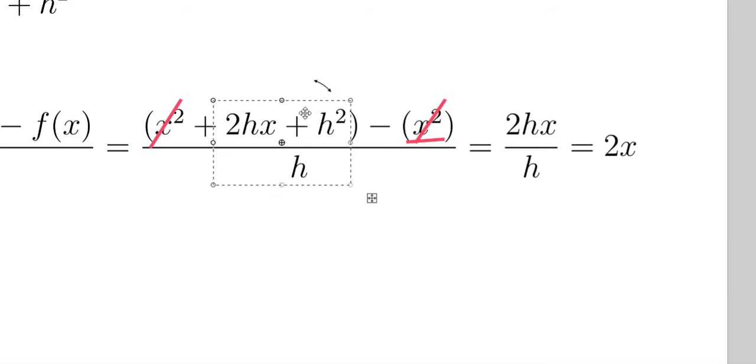This breaks down into 2hx over h. There's technically a plus h missing here. Let's plug that in. There we go. And what I have done is I've said, well, these h's cancel and this h goes to 0, such that